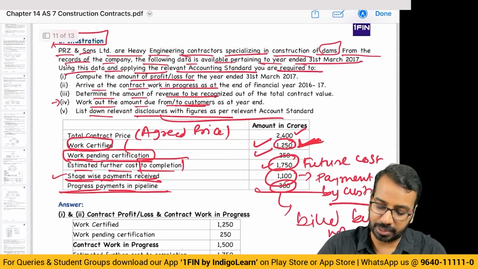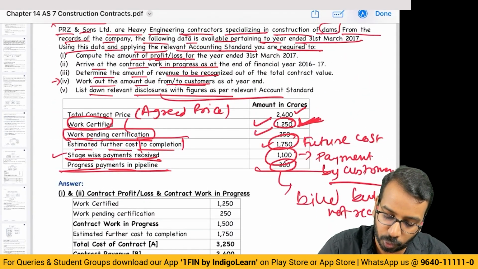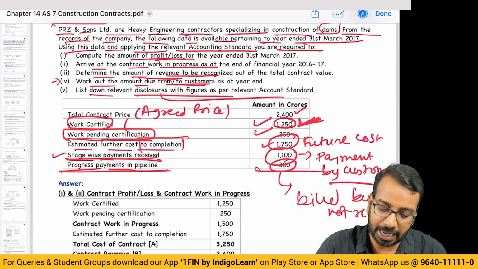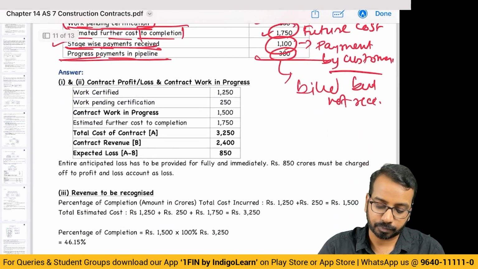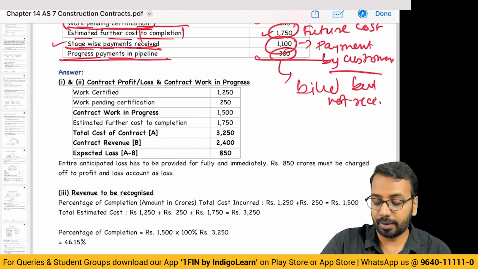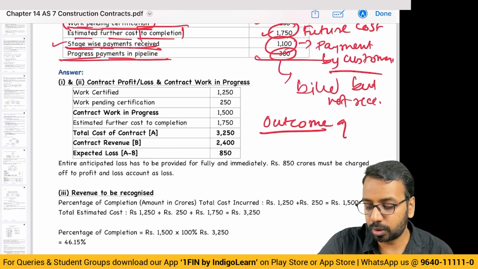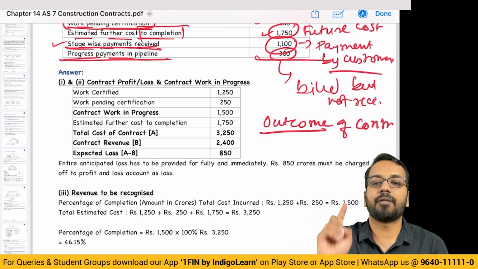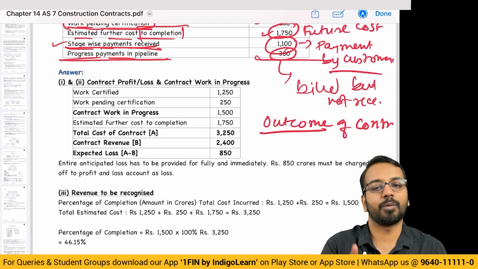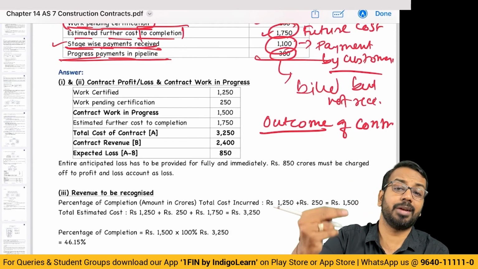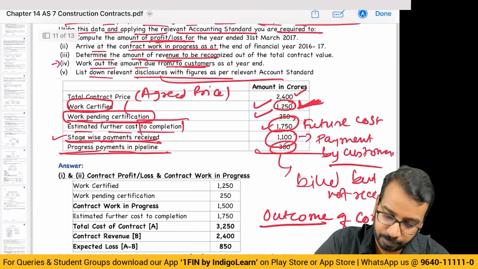Now they have asked us to do many things. Okay, so some of them are related. For example, for profit and loss, I need to know the amount of revenue, and I will also need to know what is the cost incurred. So first, what we have to do is we have to see always what is the outcome of the contract. First step in a construction contract related question: what is the outcome of the contract? The outcome is to determine whether it is profit or loss. How to determine? Cost incurred,